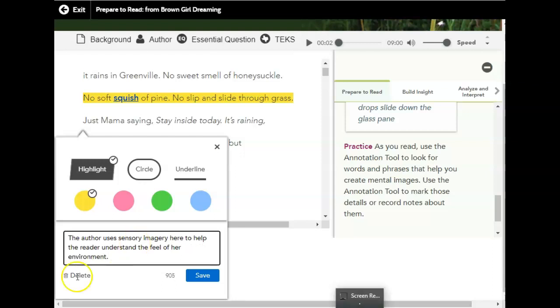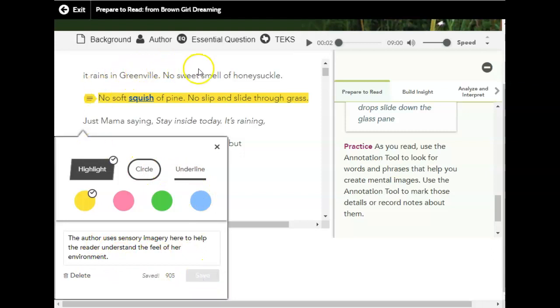So I put an annotation there. If I want to write why I highlighted, circled, or underlined, I just push save and my annotation is there, and I can always go back to it